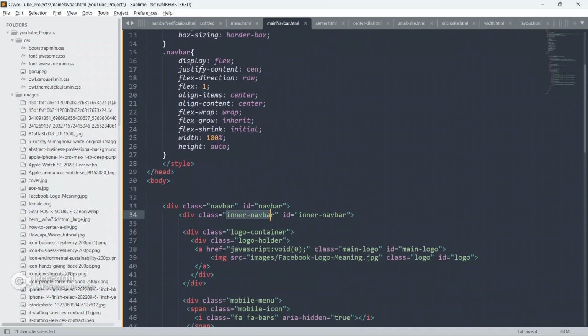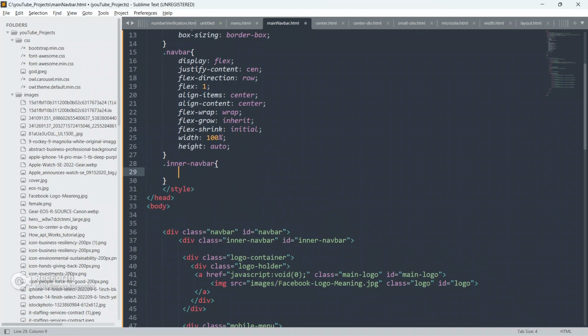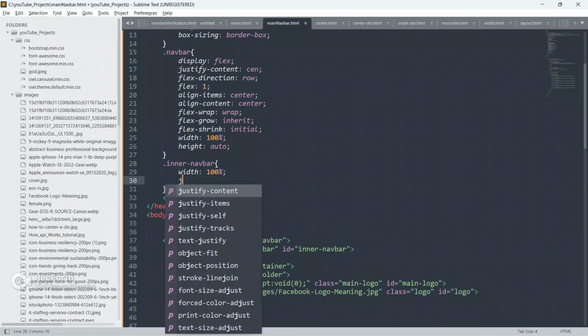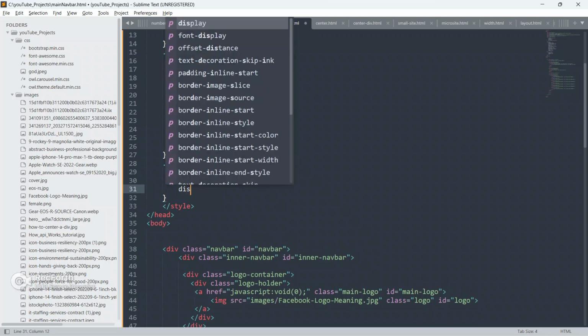Okay, now I am going to target this inner navbar. Okay, this is the parent. Inner navbar, give width 100%, height